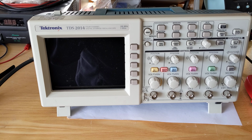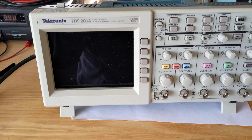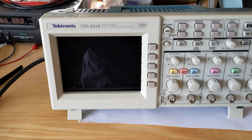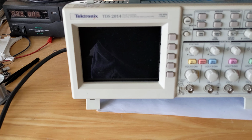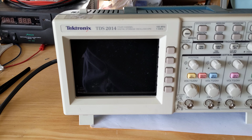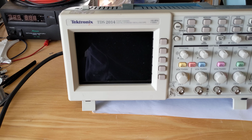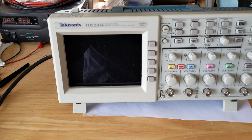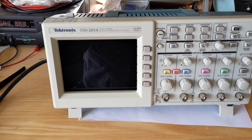So I got this Tektronix TDS 2014. The problem it has is the screen backlight hasn't worked, so you barely can see anything, and you can't really work with it. So what I did was I took it apart, and I thought maybe the CCFL converter was